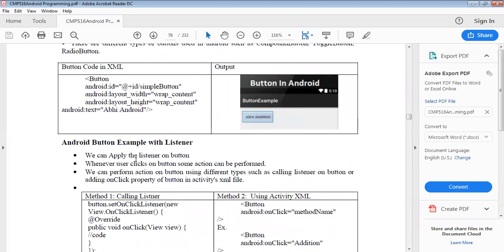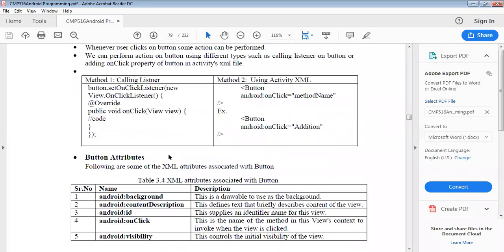We can apply listeners on the button, so whenever the user clicks on the button, some actions can be performed. We can perform an action on a button in different ways, such as calling a listener on the button or adding the onClick property of the button in the activity with XML files. There are different types of methods.